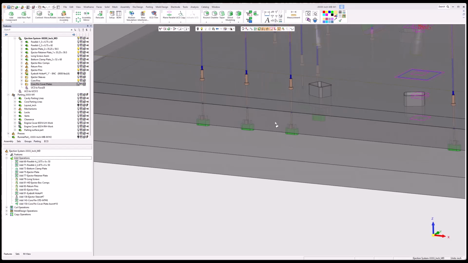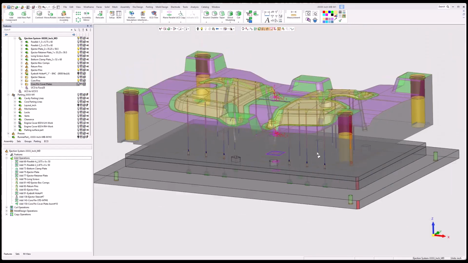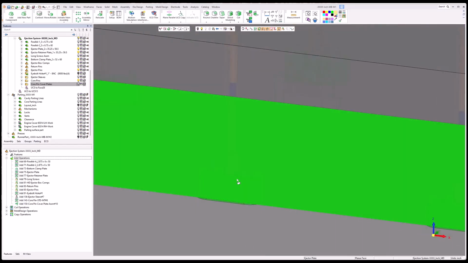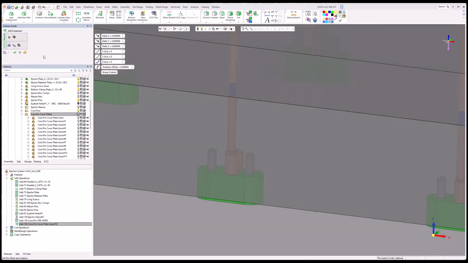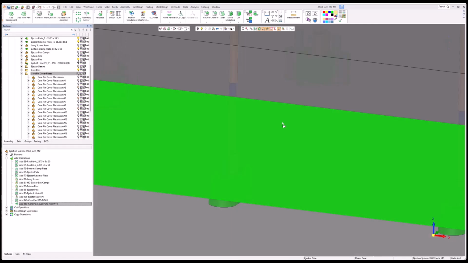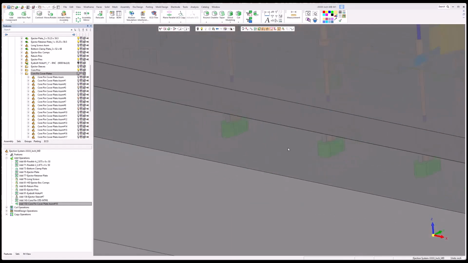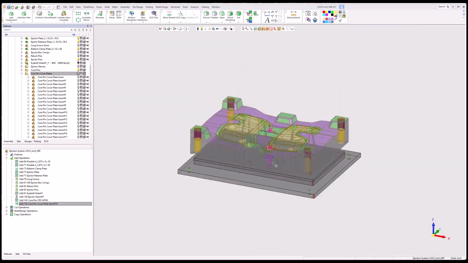Yes, those are all set. Taking a look. Maybe I want them to go the other way. I can edit that. Go to here. See. There we go. So maybe that's a better fit there. Okay. Next we can